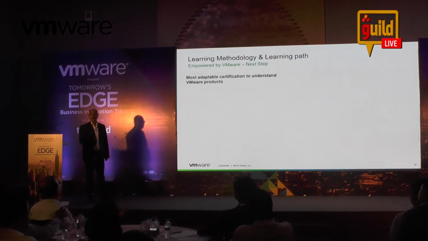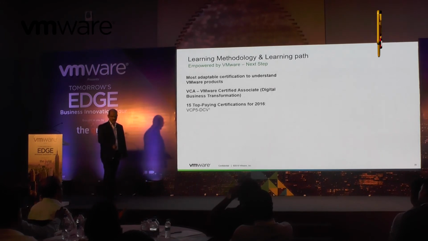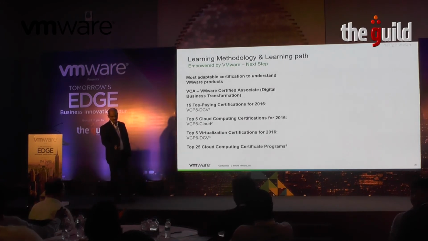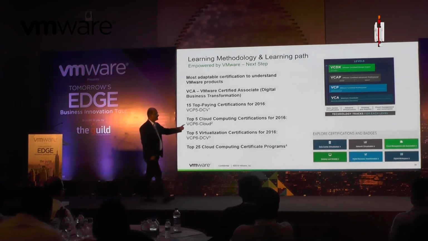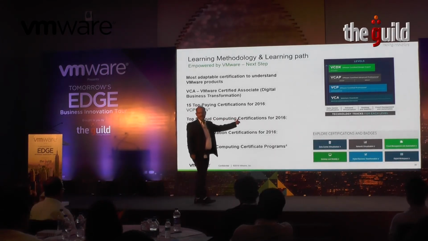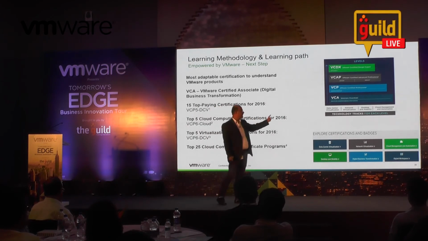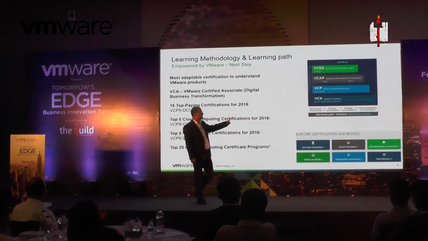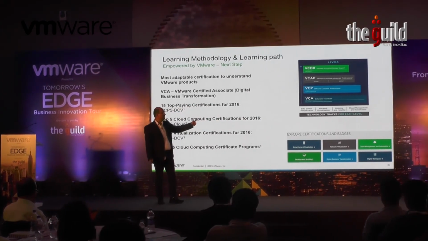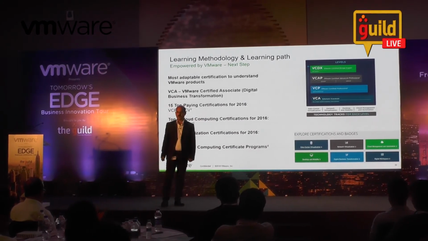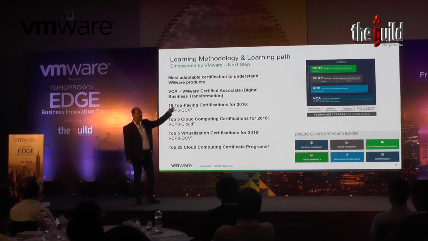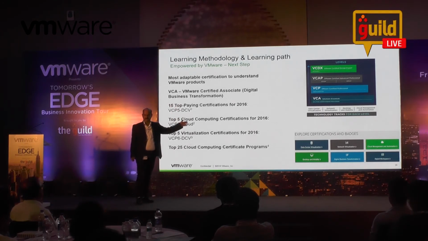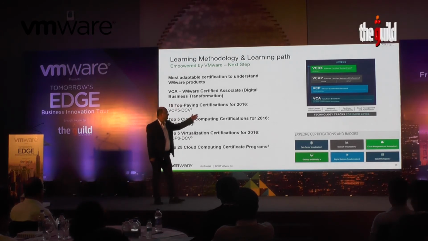These are some of the learning paths. If you look at the left-hand side, these are the technology tracks from VMware. There are four technology tracks from VMware: data center virtualization, network virtualization, desktop and mobility, and cloud management and automation. Each technology track has a different level of certification, which starts from VCA,